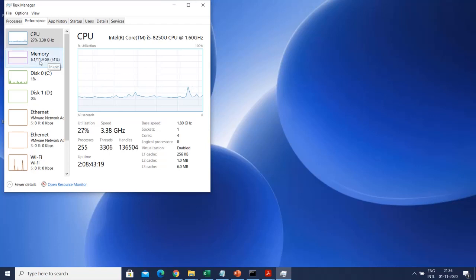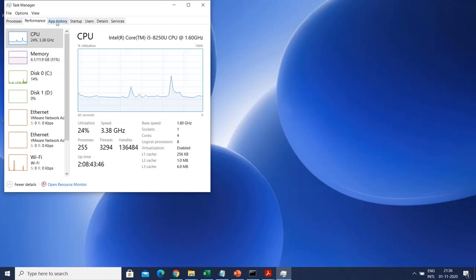You have 12 GB of memory in the system. Only 50% of the memory is consumed, right? 6 GB is consumed, not more than that. Processor is consumed 25%. So my system is running normally. It doesn't have any overloading or multiple applications open. Though I have Chrome opened, that is occupying more space here.